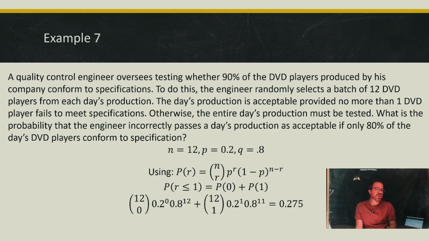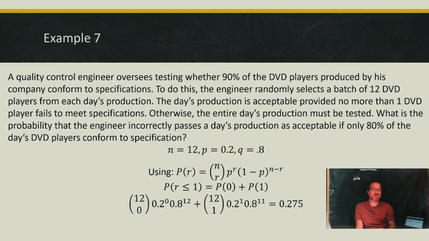The day's production is acceptable provided no more than 1 DVD player fails to meet specifications. Otherwise, the entire day's production must be tested. So basically what they're doing is they're testing a sample of 12 DVD players. If no more than 1 of them are faulty, they will pass the entire batch. If more than 1 of them is faulty, then they would have to go out